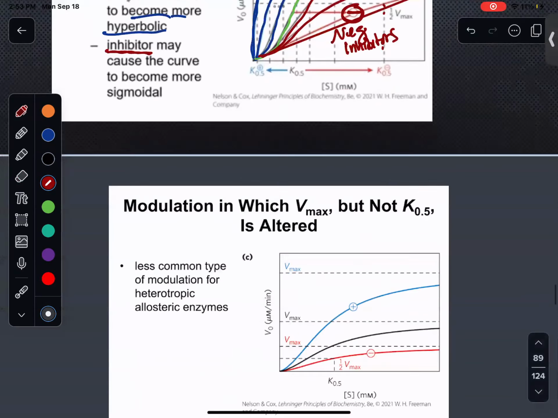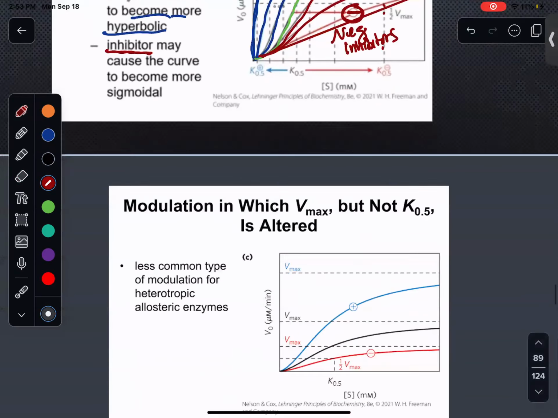But you see how this says K.5 and not Km? That's your first indication that this is an allosteric regulator. If it said Km, then we're looking at a Michaelis-Menten inhibitor, right? That type of graph. So just take these little clues and these little hints and try to put them all into a little T-chart, and you'll figure it all out after you look over it a little bit.